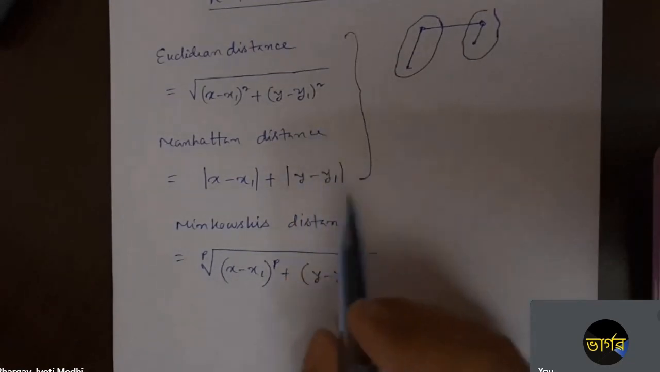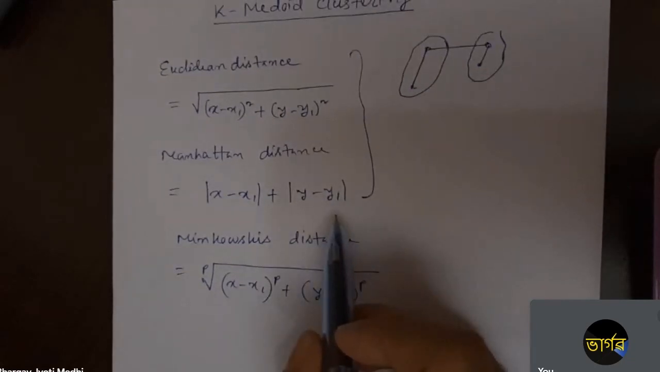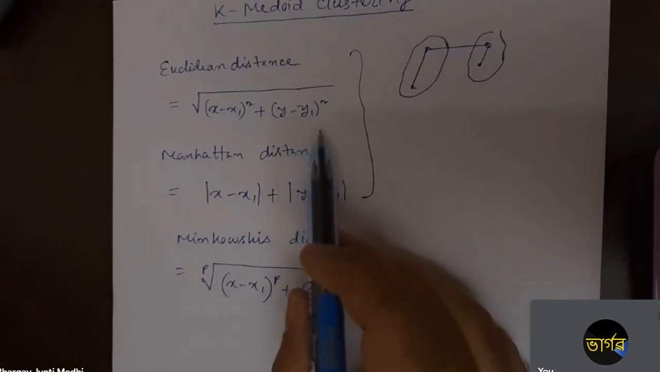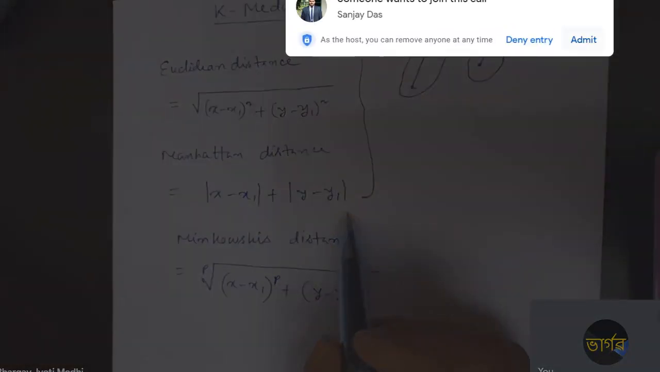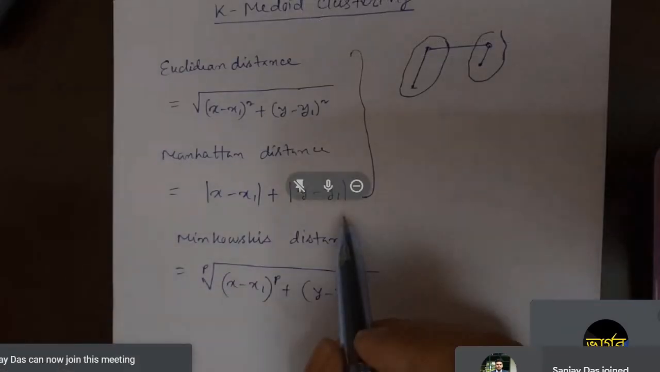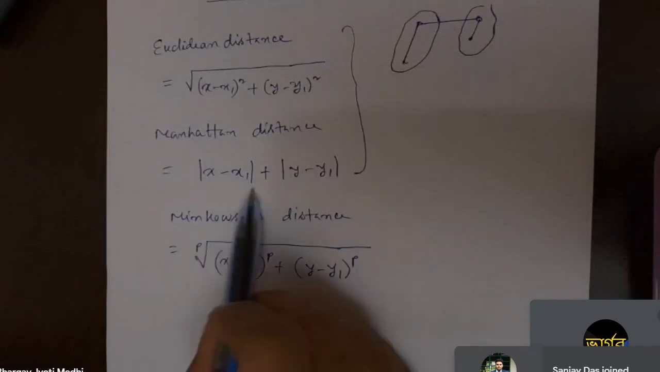But today we will be doing the k-medoid clustering with Manhattan distance. Because we have already done the Euclidean distance, we know how to find it. So today we will try to do the sum with the Manhattan distance. The Manhattan distance formula is modulus of x minus x1 plus modulus of y minus y1. What this formula actually means, see, if this is your xy coordinate,